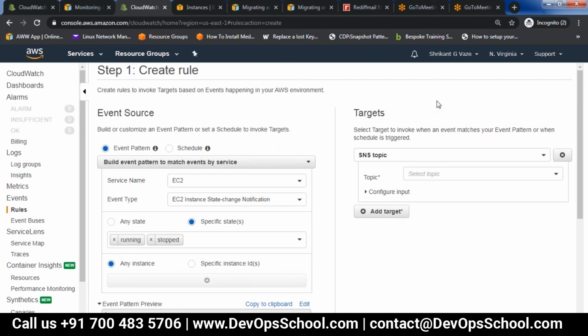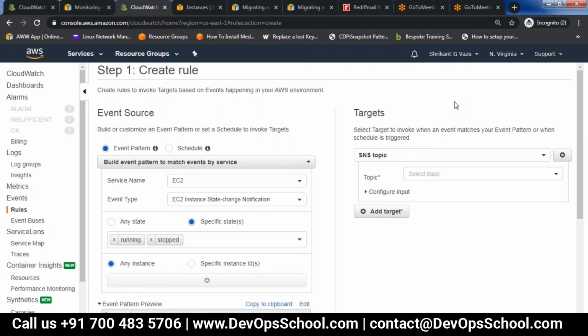Okay, so to summarize, CloudWatch is a monitoring system, keeps the data in terms of metrics. You can create alarms on the metrics. If the threshold is crossed, alarm will be raised, and on that alarm you can take certain action. Similarly, on events, you can take certain action.